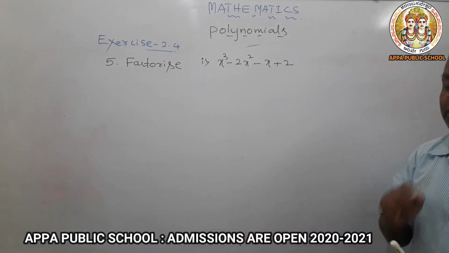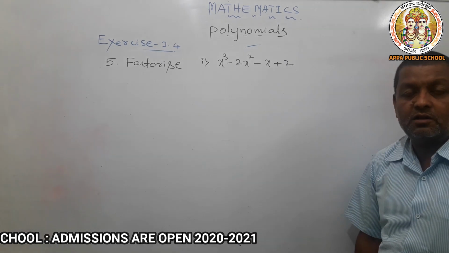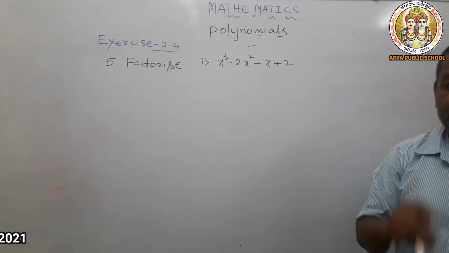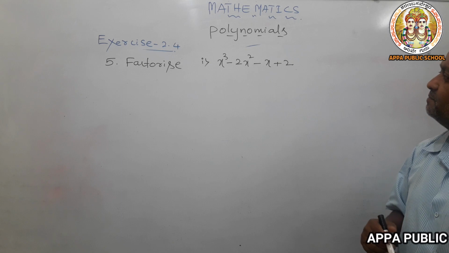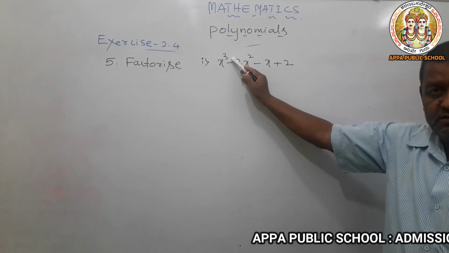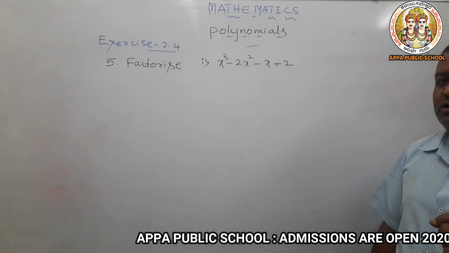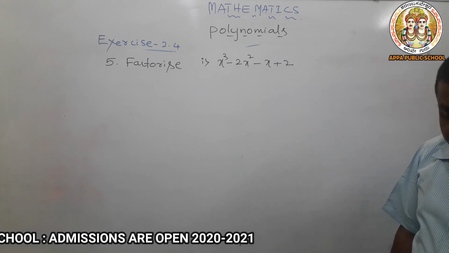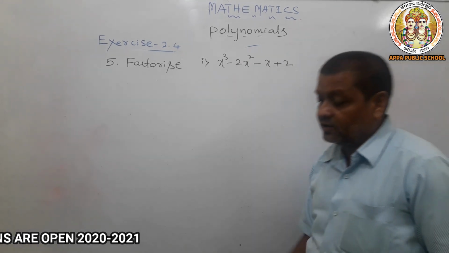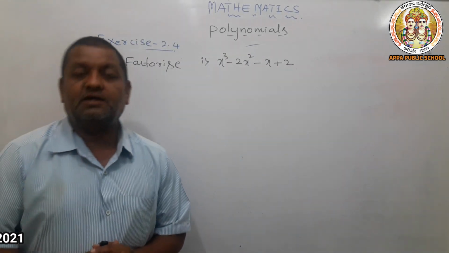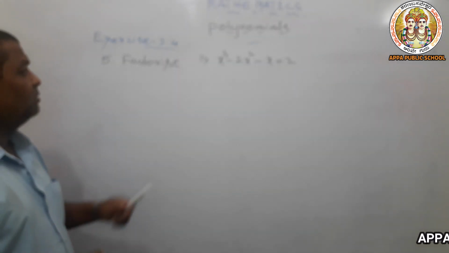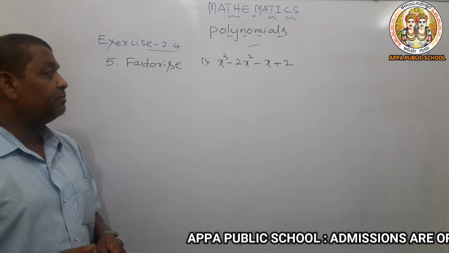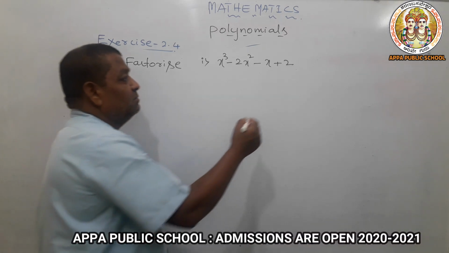Here we need to understand first how many factors are there in this cubic. Definitely, because of degree 3, 3 factors will come in. Among the 3 factors, we need to find at least 1 factor, if possible. We need to find first 1 factor among those 3 factors. Then the question will come: how? By inspection method. What is the inspection method?